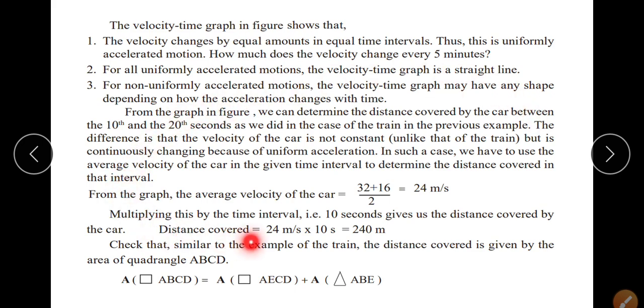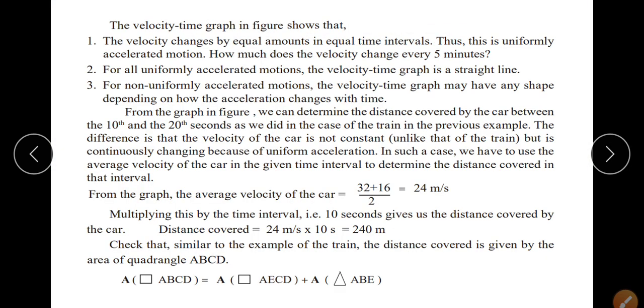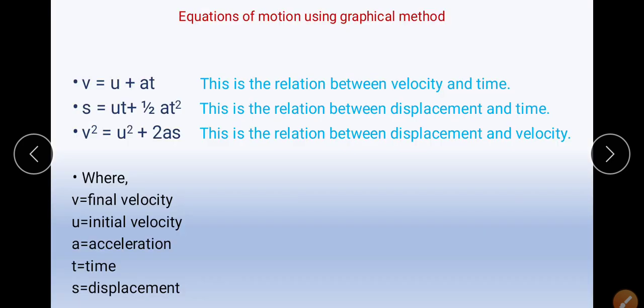I request dear students, kindly go through this numerical once, read this part once. In case of any doubt related to it, comment in the comment box. I will surely solve your doubt there. Just go through this graph, go through this table, try to answer this question and read this information, try to answer these questions. You will surely come to a point.